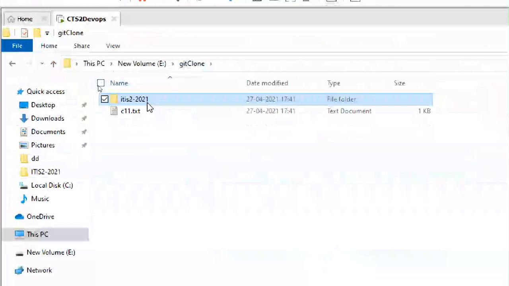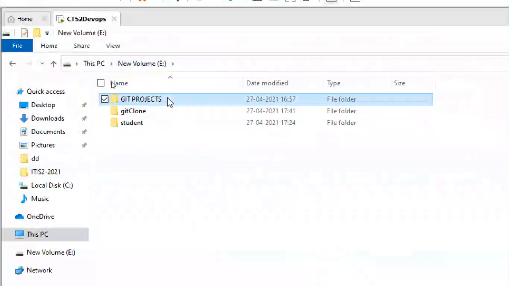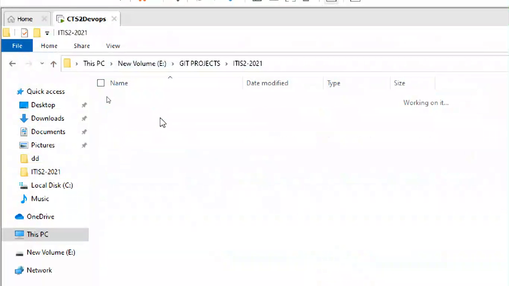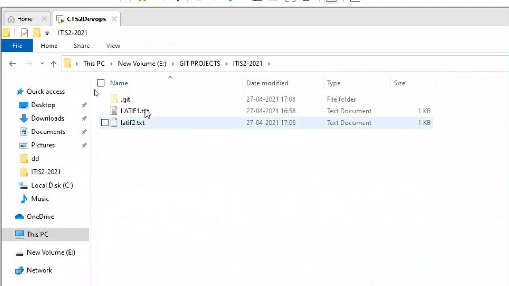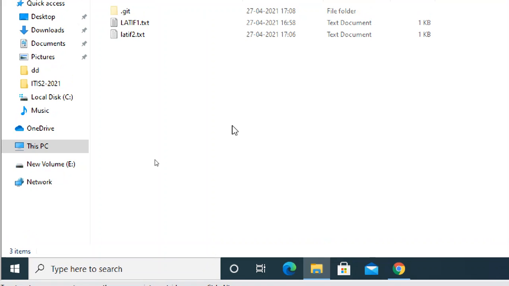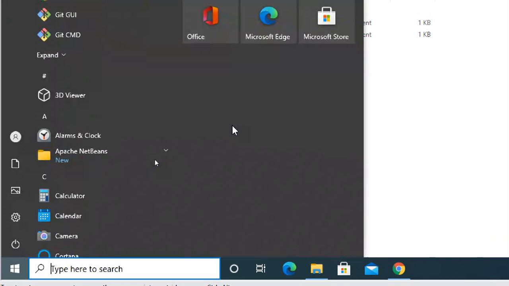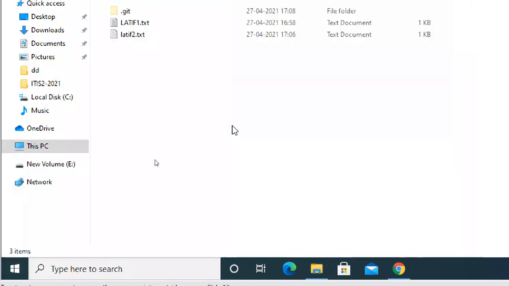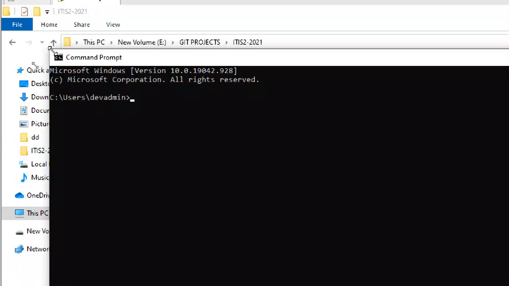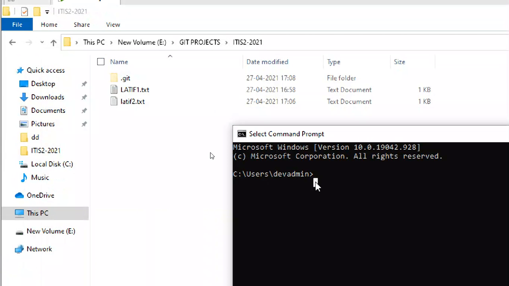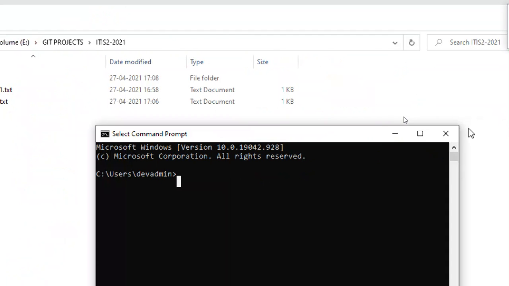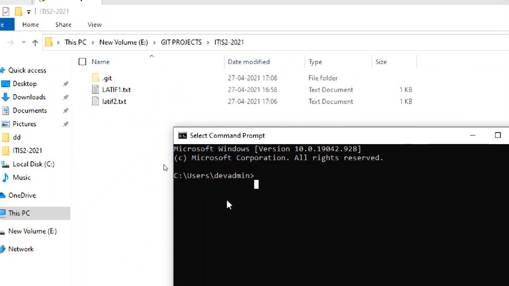I'm going to another system, like someone else's. These two files are there, right? The other person tries to open CMD.